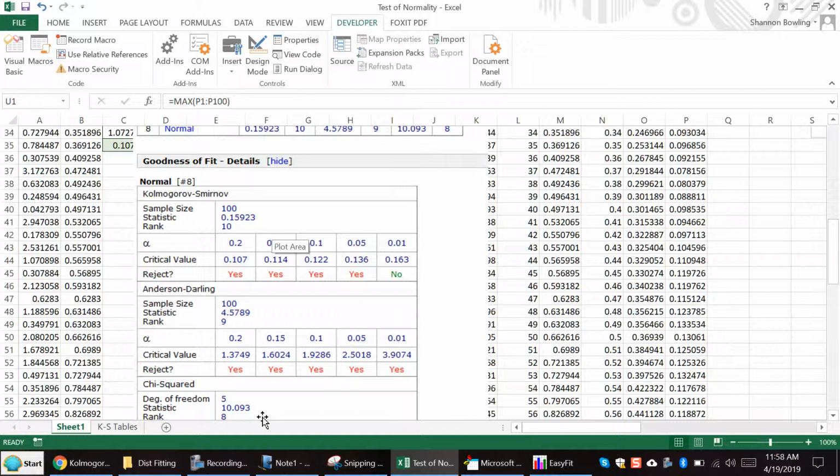Well, what I do is I ask the question, is this value bigger than my critical values? So I'm going to tell you how to read this. At the 0.2 level, alpha 0.2, which is 80% confidence, I am 80% confident that I can reject the hypothesis,